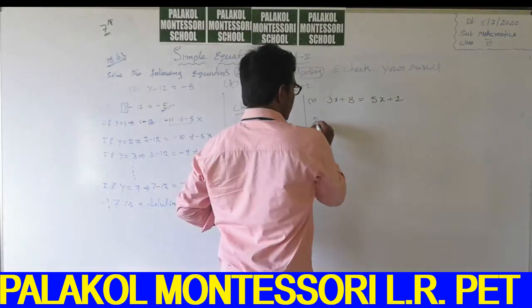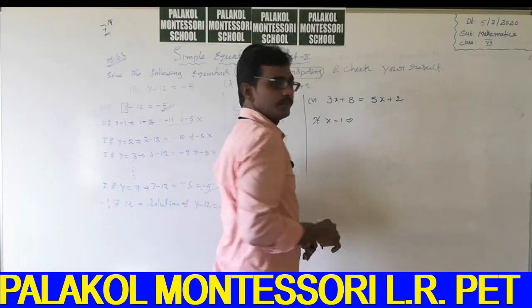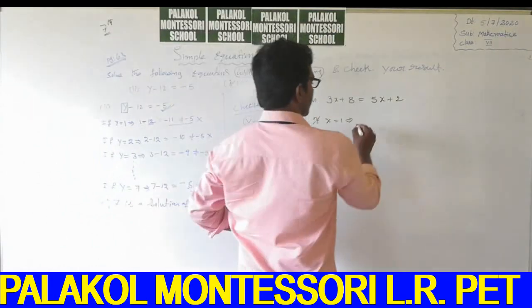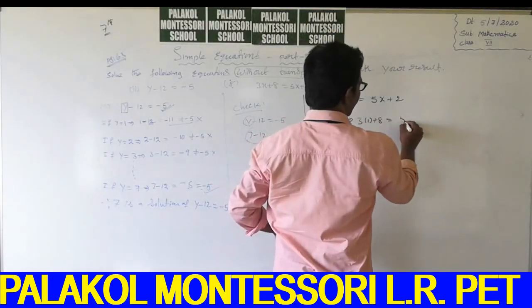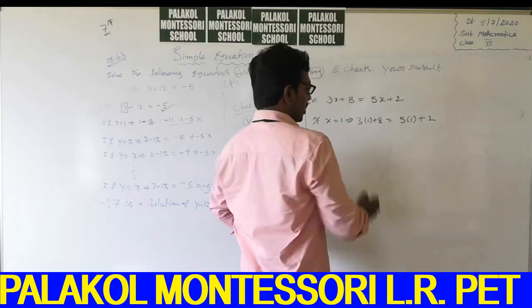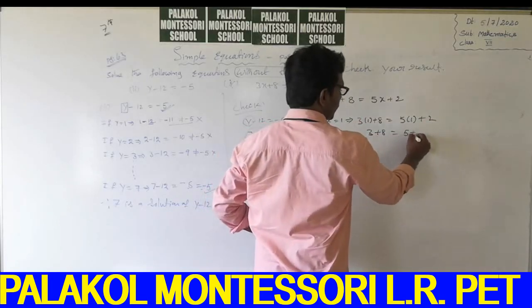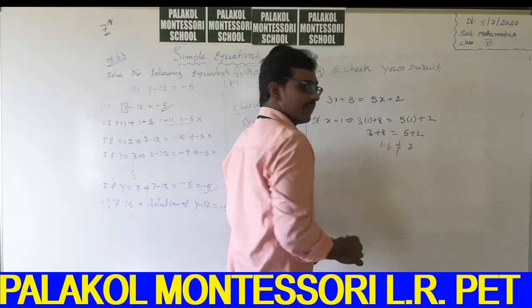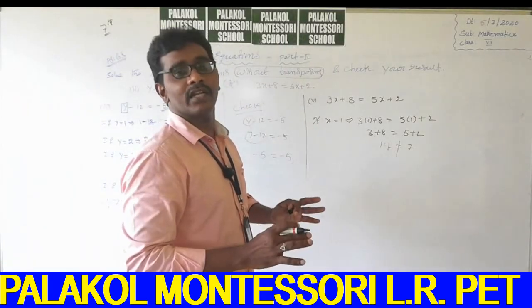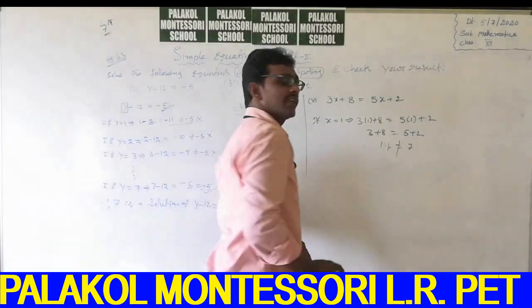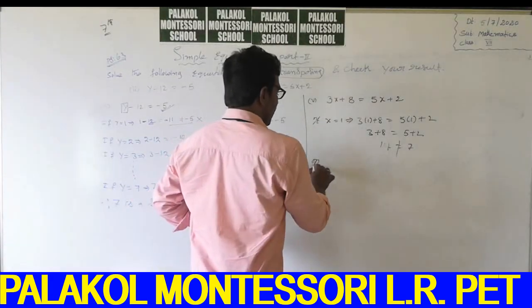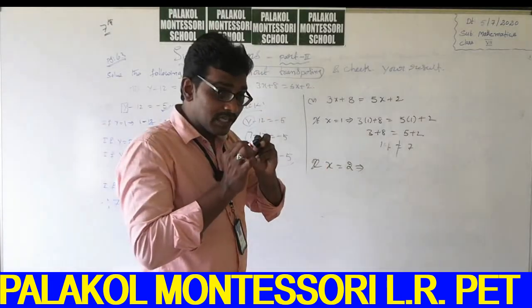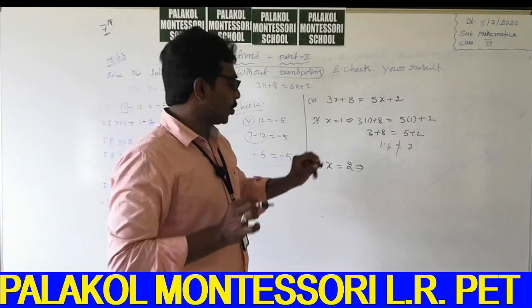So suppose x is equal to 1, guys. 1 is substituted in the LHS part and RHS part. So 3 of 1 plus 8 equal to 5 of 1 plus 2. 3 ones are 3 plus 8 equal to 5 plus 2. This is 11, this is 7. 11 and 7, it's not an equality. Leave it, that's it. 1 does not satisfy the given equation. If x is equal to 2, guys, wherever x is placed, you write the 2.